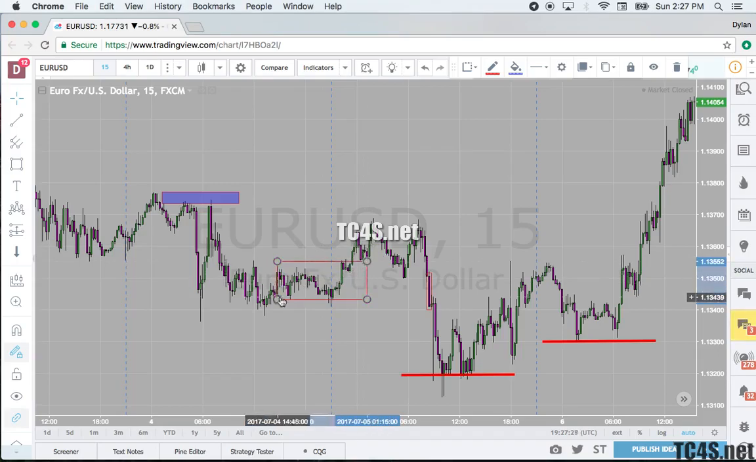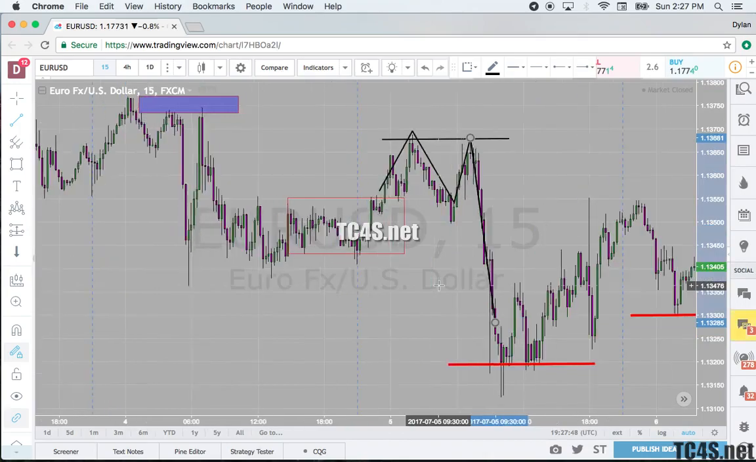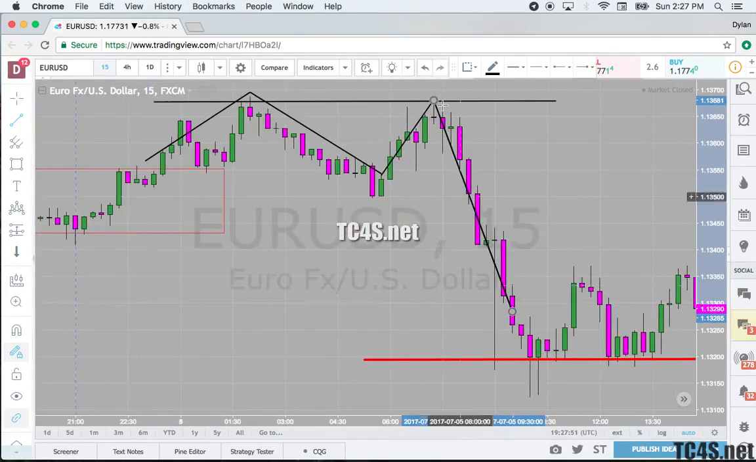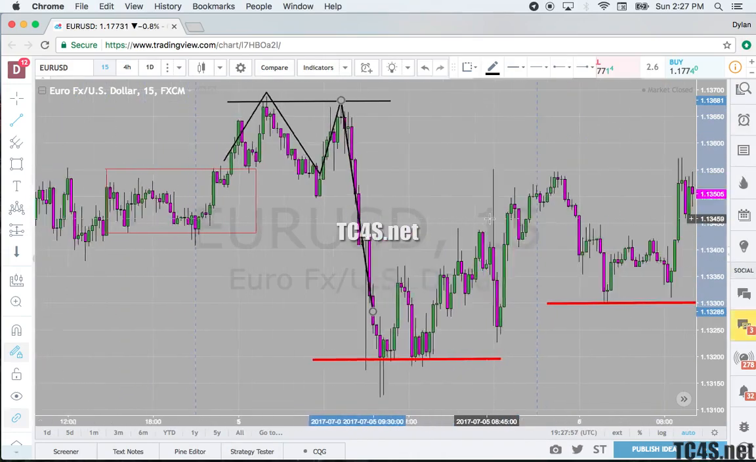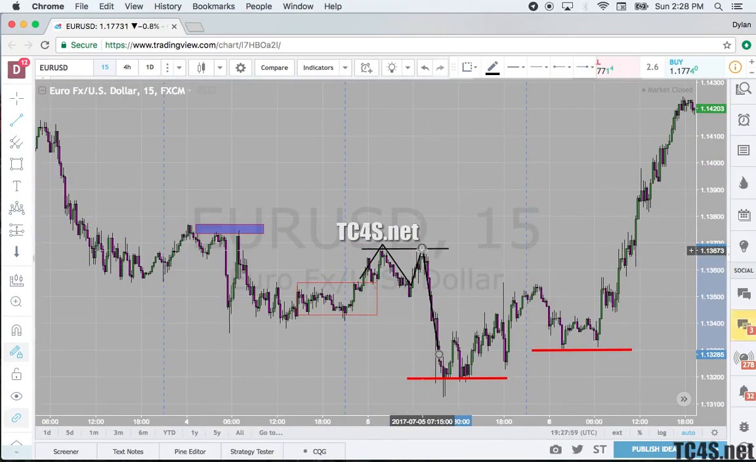We have the Asian session range, then the breakout London session, the M formation. The high was created right here, and then the second leg London session to the high. Also accompanying that second leg is the star formation right here to the high of the day, and then we have the